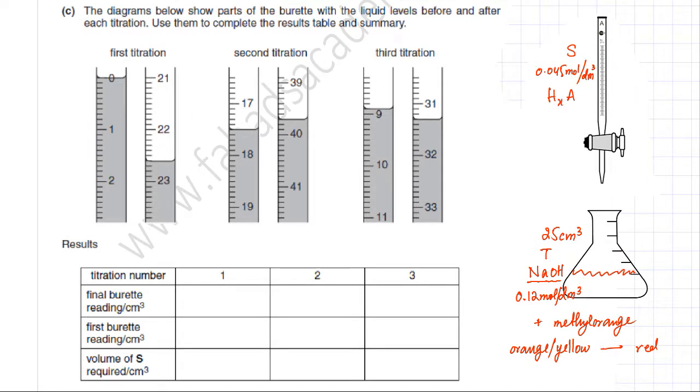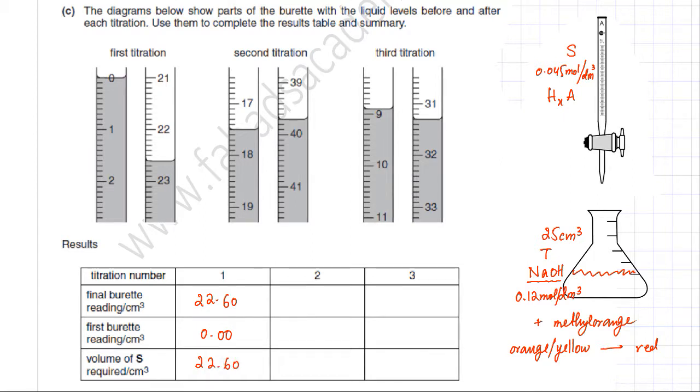So I'm going to fill this in over here. The first burette reading is 0.00 cm cube. Remember to take burette readings to 2 decimal places, because that's the accuracy of the equipment. The second or final burette reading shows 22.60 cm cube. So that's 22.60 cm cube. So what is the amount of acid or volume of S that's actually used? It's going to be the difference between the two values. So in this case, it's going to be